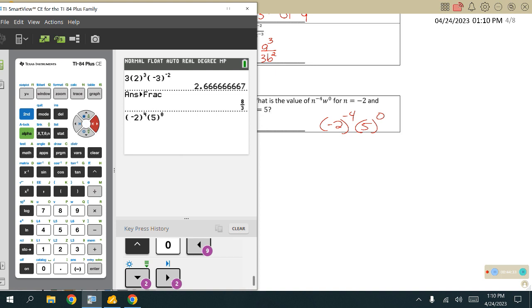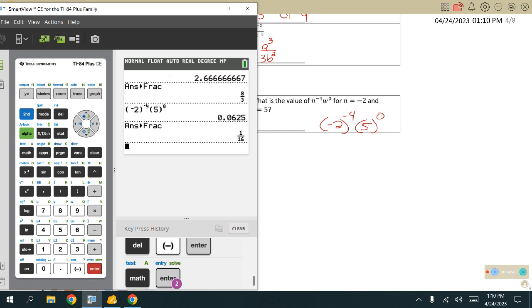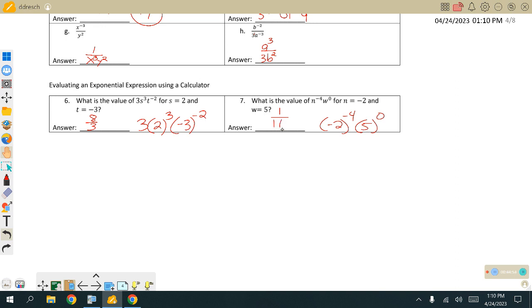So let's try this again. Second, insert a negative. I think it cleans up to be 1/8. Or sorry, 1/16, right? 1/16. My Desmos people, you better be getting 1/16 as well. If you're not getting that 1/16, you better tell us, because that's it. Okay, that's it. That was a lot there,